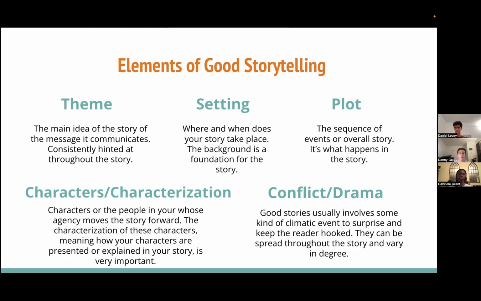Characters vary. You can have main characters or side characters. Main characters are the ones that your story focuses on the most, and then your side characters are there to help you flesh out the plot and give life to your main ones. Because it's creative writing, characters aren't necessarily limited to humans. So in theory, your main character could be a talking half dog, half cat sort of animal if you want.